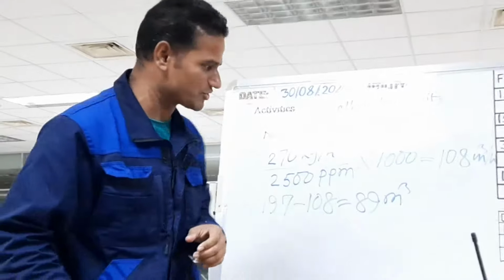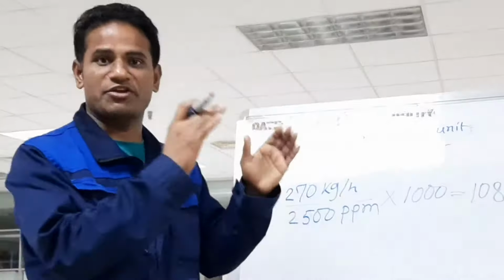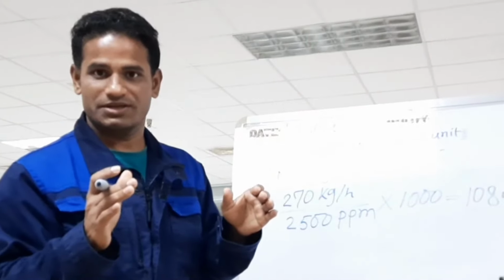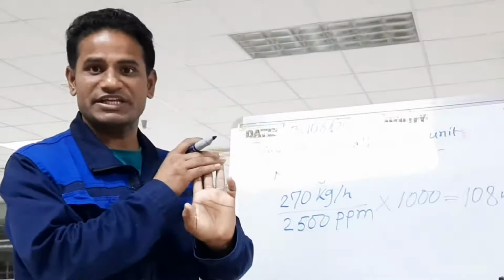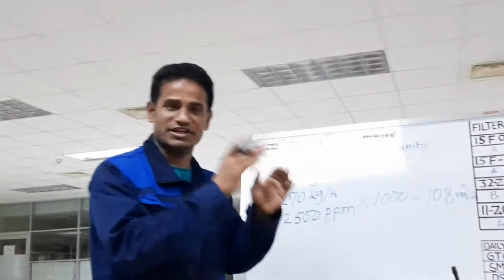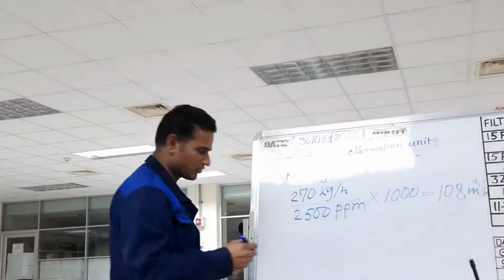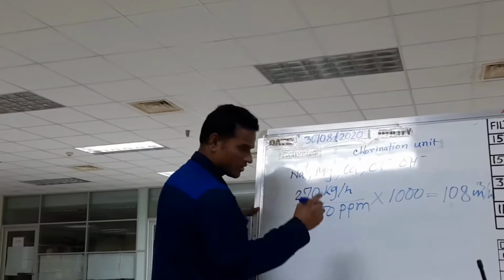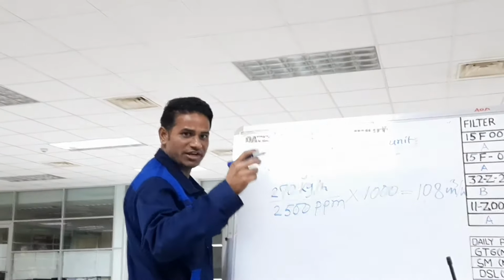But how is it produced in the hypochlorite generator? The hypochlorite generator has an anode and a cathode. In this system, normally 3 reactions happen for producing chlorine: one on the anode side, one on the cathode side, and one on both sides. First I will show you the anode reaction. I told you the seawater has sodium, calcium, magnesium, chloride, hydroxide.